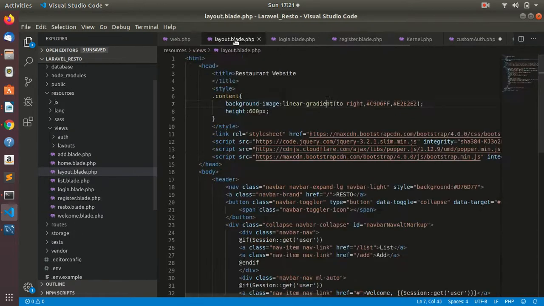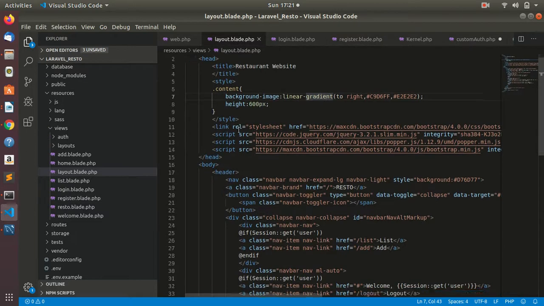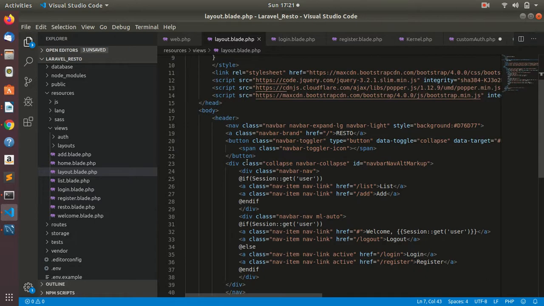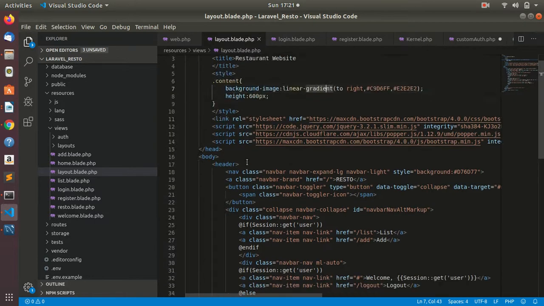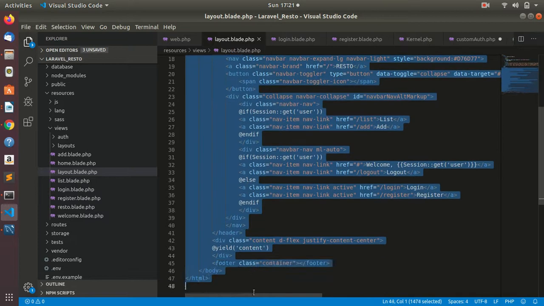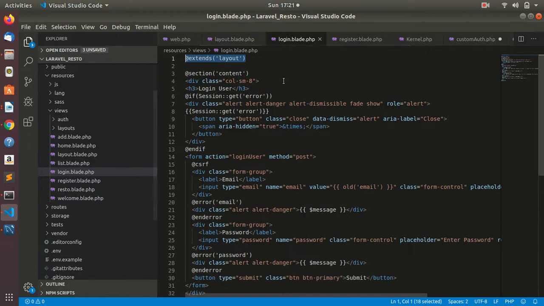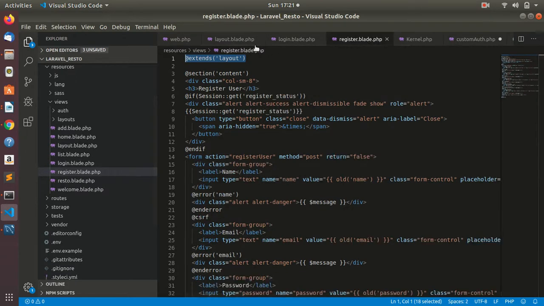So in these view pages we have created a register page and a login page. We have also created a layout page which contains common HTML code, which is common for many pages, like the login page and register page. This header is common and this footer is common. And for content we can set a directive, this is the directive template yield. In register and login pages the content is different for every page. Login content is different, register content is different, but the header and footer are the same.